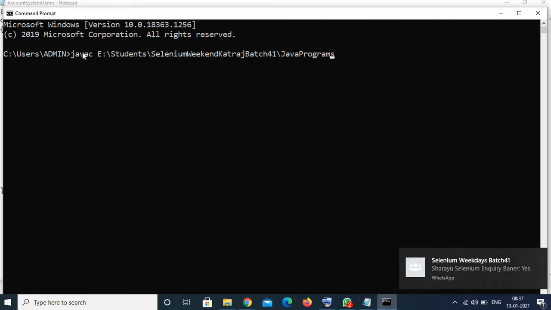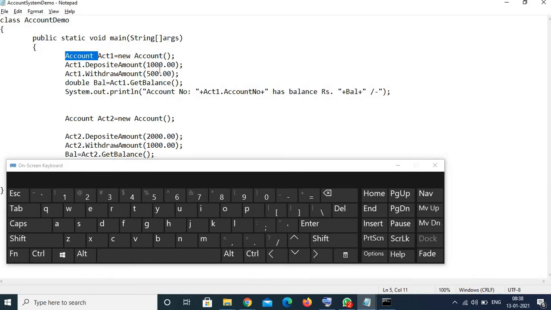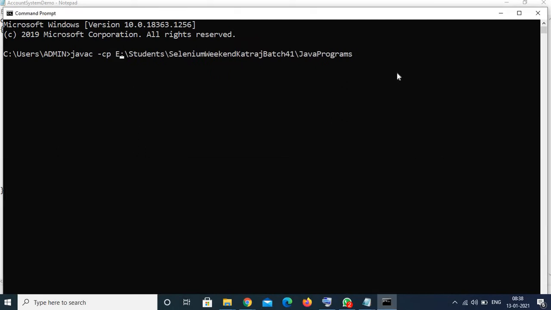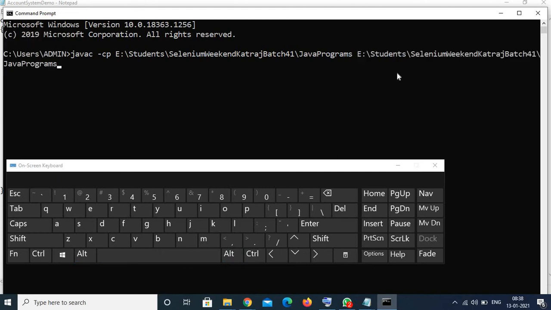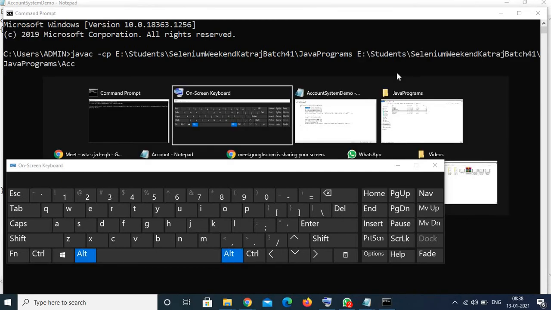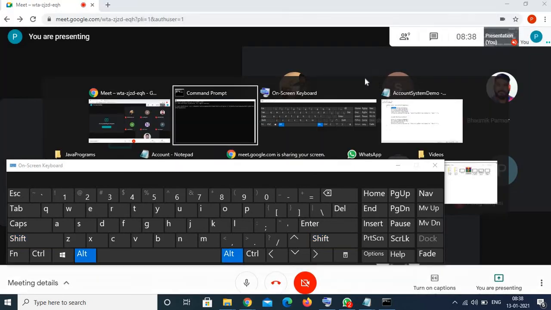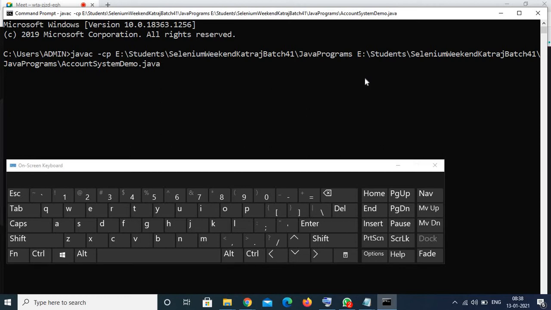So I'll say -cp, and then the class path we have set, and then I'll mention the Java file, account system demo.java. I have compiled it.